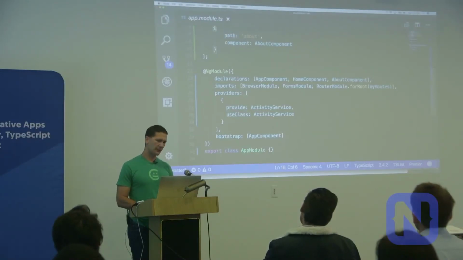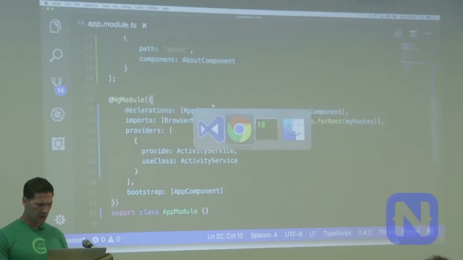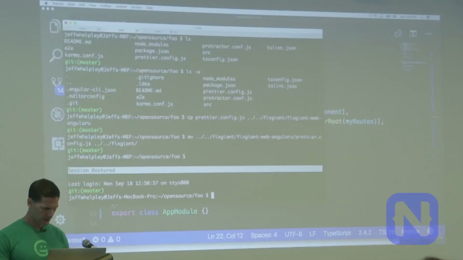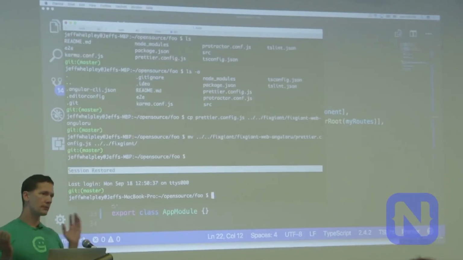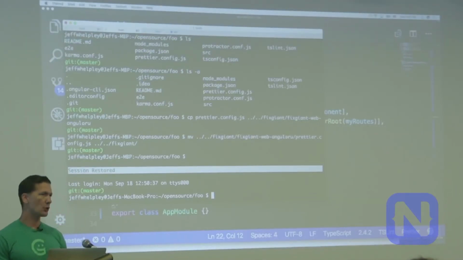Very similar to the other example, just a couple more components. I added a few more. If you want to add a component, actually, let me go to this. I'm not going to go through every CLI command, but just know that besides scaffolding your app by using ng new, pretty much any other component that you want, you can create as well. So ng create component...